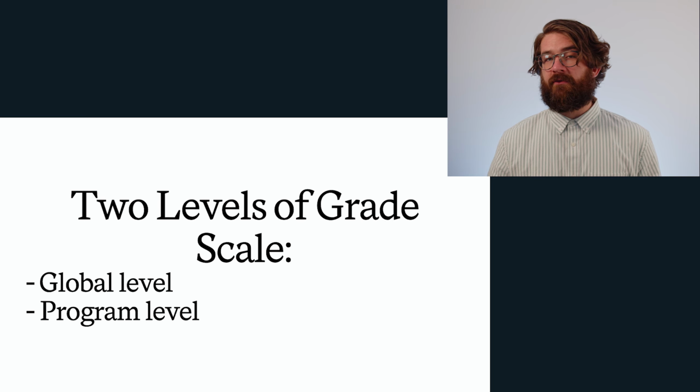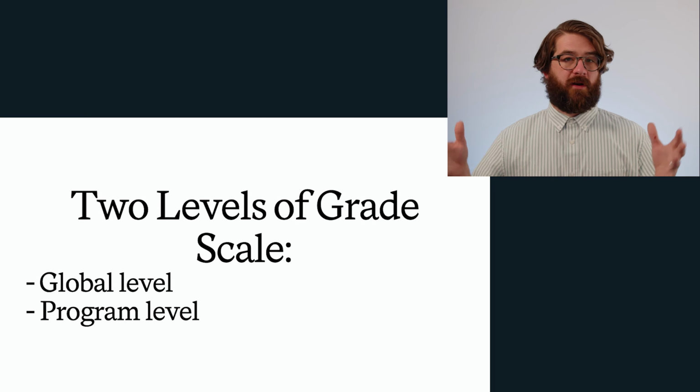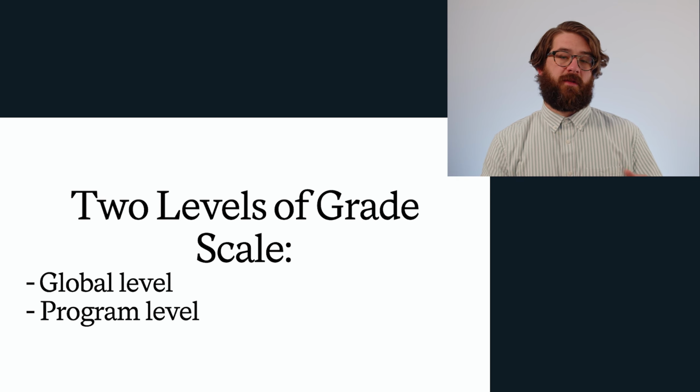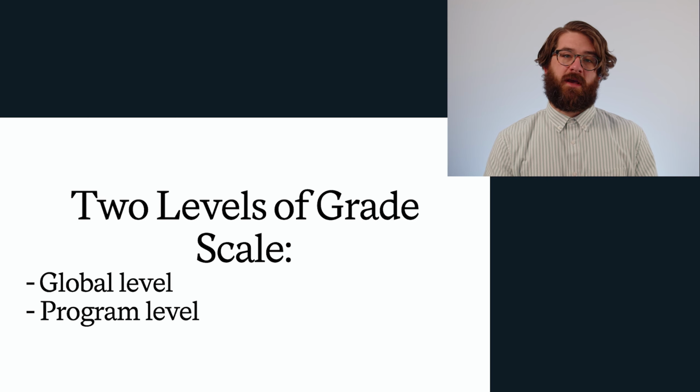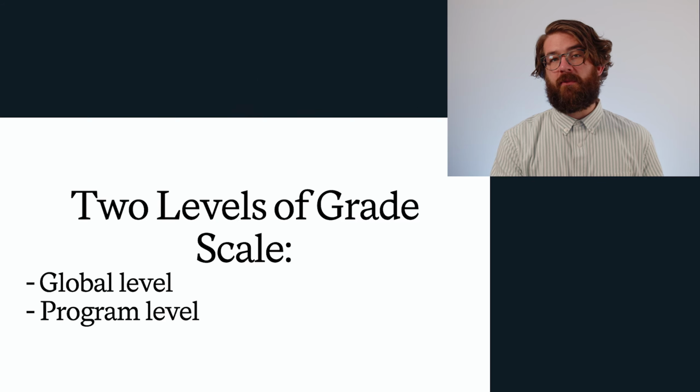So if you have an undergraduate program and a graduate program and they have a completely different grading system, then you're going to use the program level grade scales. If you have only one program, say an undergraduate program, then you would just set up your global grade scale and that would work. Or if your undergraduate program and your graduate program have the same grading system, the same grade scale, you would be able to just set up that global